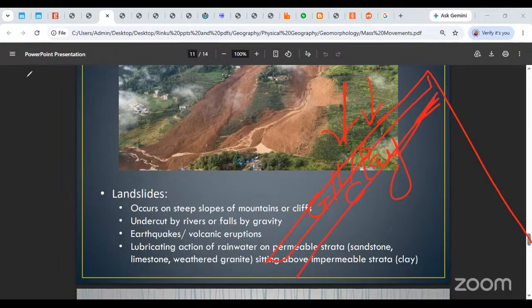No. What does clay do? It holds the water. And once there is enough water, the clay is saturated enough, clay starts to flow. Okay. And if this clay starts to flow, will the above layer remain as it was? No. Clearly, that layer will also move along with the clay.